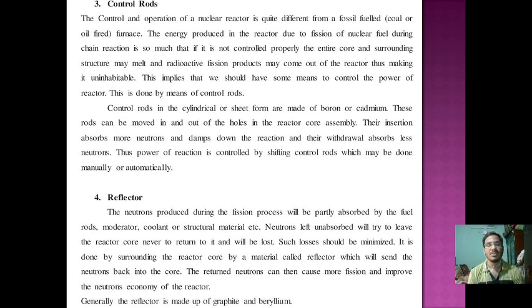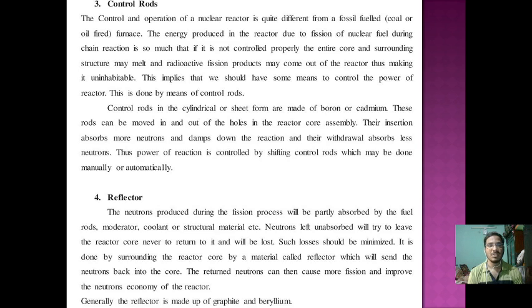Control rods. What is a control rod? The operation of a nuclear reactor is quite different from a fossil fuel, coal or oil fired furnace. The main purpose of the control rod is to control the energy produced in the reactor due to the fission of nuclear fuel during the